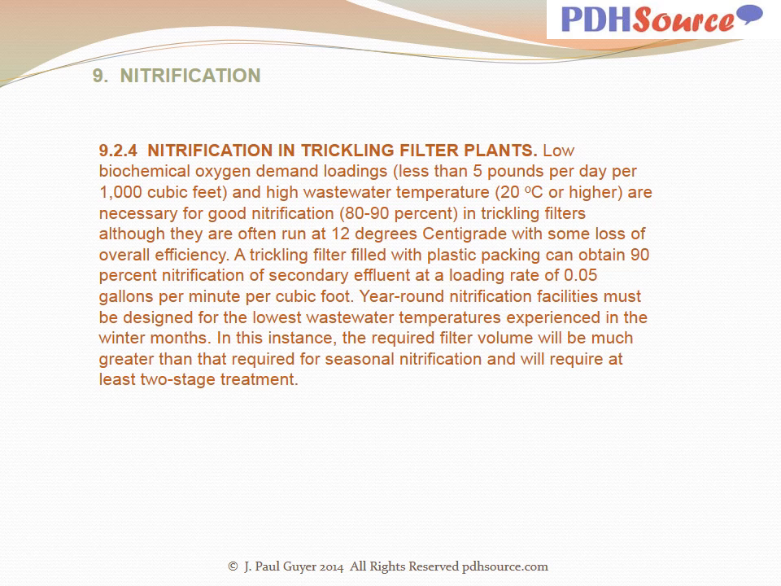With regard to nitrification in trickling filter plants, low biochemical oxygen demand loadings, less than 5 pounds per day per 1,000 cubic feet, and high wastewater temperature, 20 degrees centigrade or higher, are necessary for good nitrification in the 80 to 90% range in trickling filters, although they are often run at 12 degrees centigrade with some loss of overall efficiency. A trickling filter filled with plastic packing can obtain 90% nitrification of secondary effluent at a loading rate of